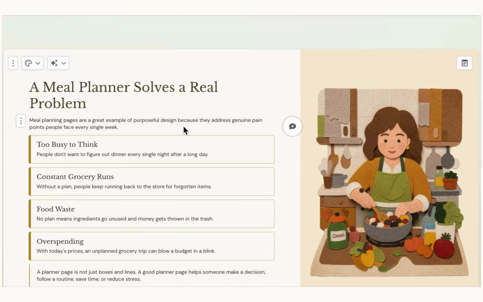Also, it helps you to save from wasting food. No meal planning, ingredients go unused and money gets thrown in the trash. So when you don't have a plan, your meal and your ingredients are gonna be, how would I say,